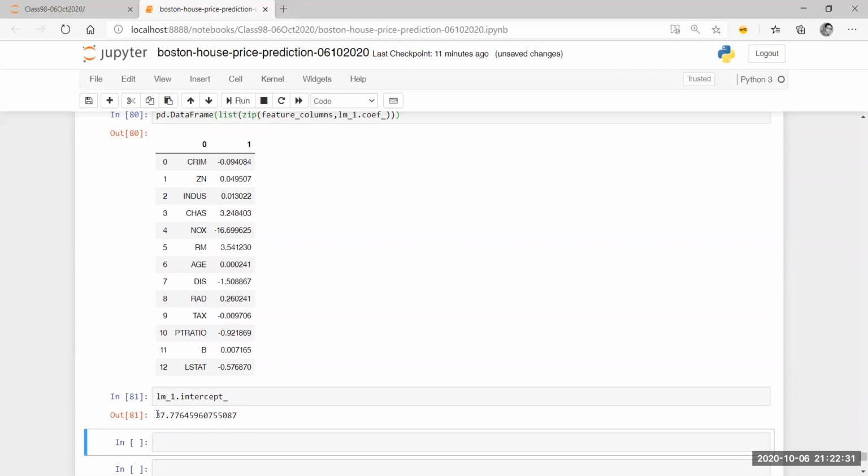Theta 0 is 37. It means irrespective of all the factors being 0, even if everything is considered to be null and void, I still have a price of house which is 37. This is the median price of house, 37 in thousands of dollars. So $37,000 will be the price of the house, even if I don't consider any of these factors like Freeman, ZN, and Indus, and so on.